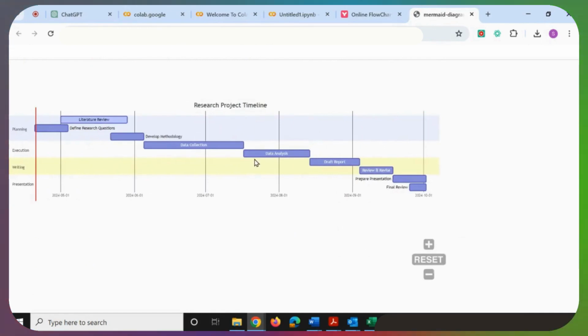So like I said, I prefer the first one that we created. This one I find is a lot simpler, just because the code is very straightforward, whereas the Python code sometimes, with the previous one, sometimes doesn't give us the output that we want, and we have to play around with it a bit. So let me know in the comments which Gantt chart you preferred,